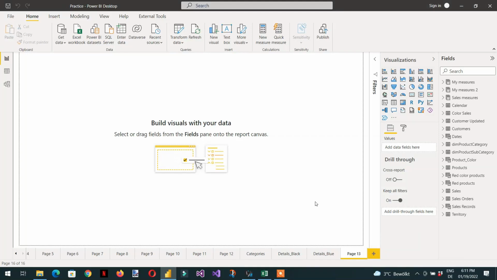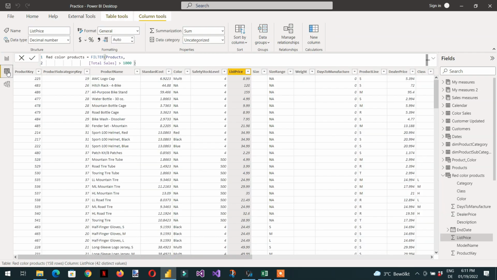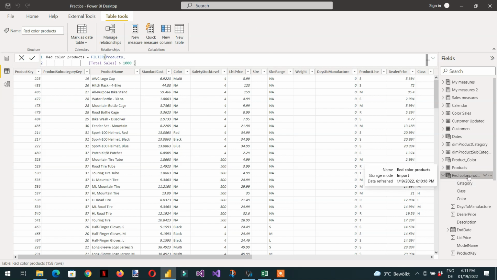In this video, we will learn how we can export data from Power BI Desktop to Excel. So there are two ways. In the first way, here you can see we have different tables. You first need to click the table tab, and here, for example, we have one table like red products,